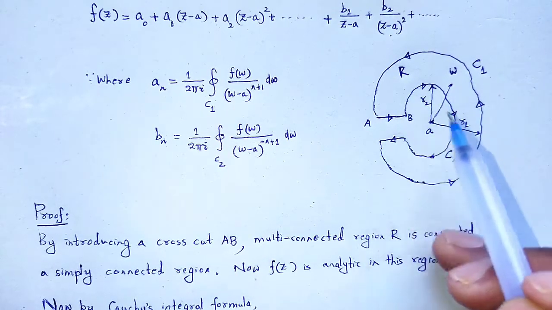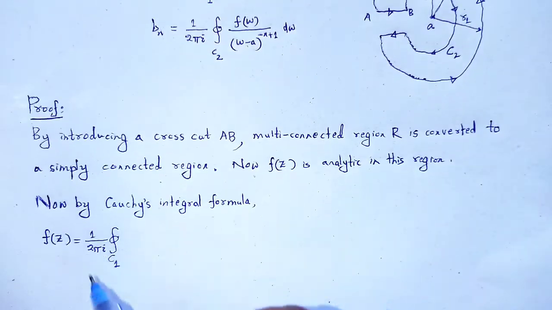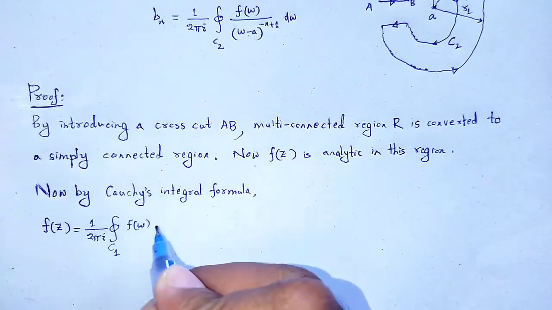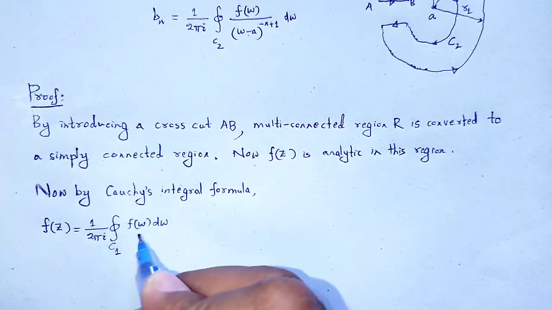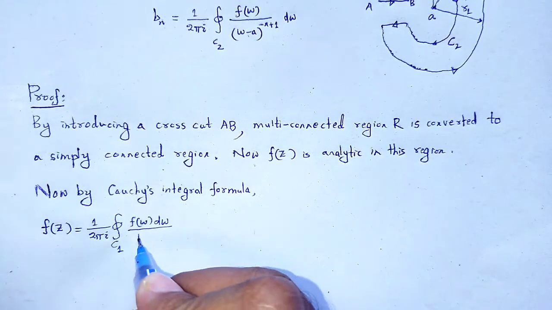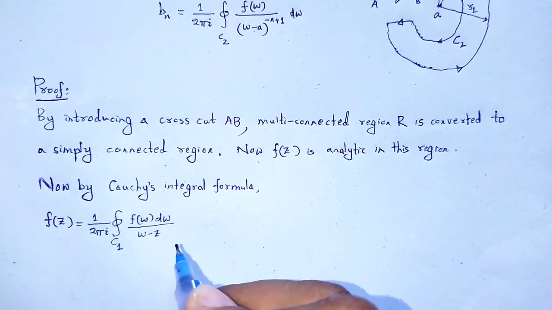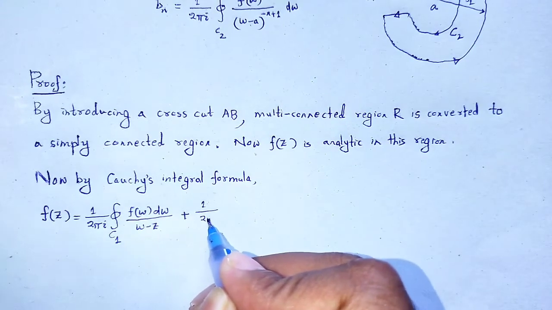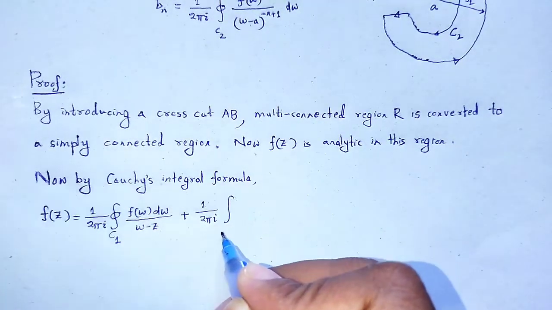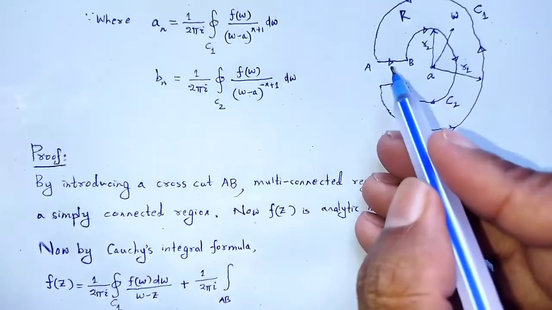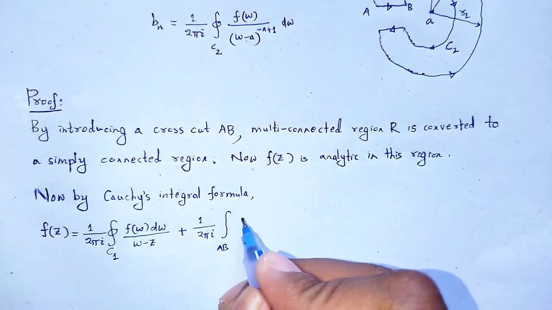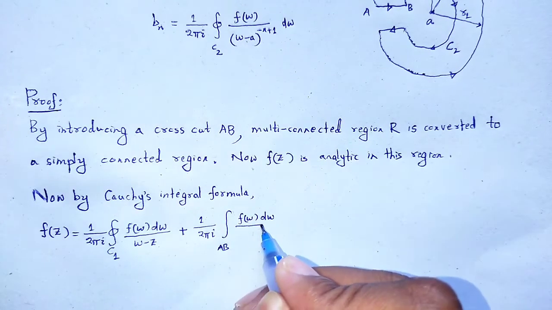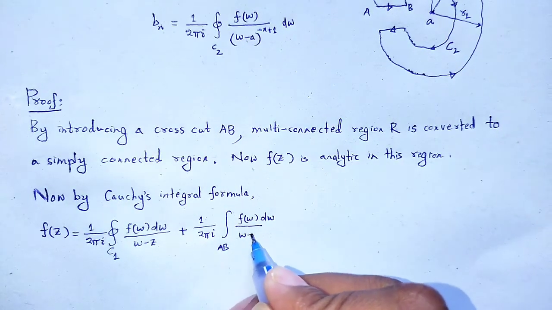That is, 1 by 2 pi i closed curve integration over C1 f of w dw divided by w minus z, plus 1 by 2 pi i integration over AB f of w dw divided by w minus z,